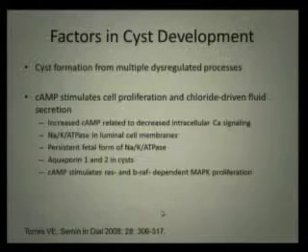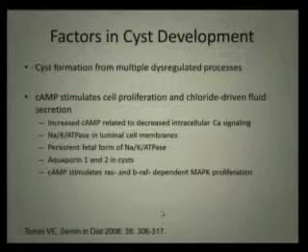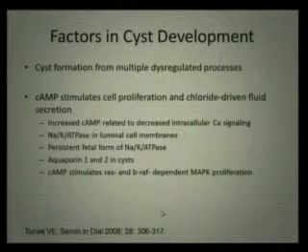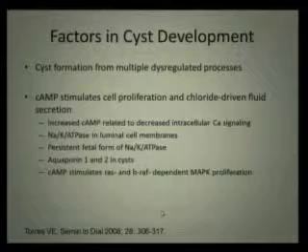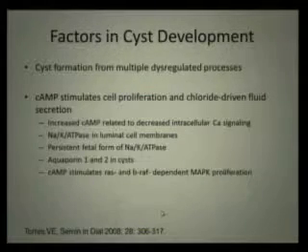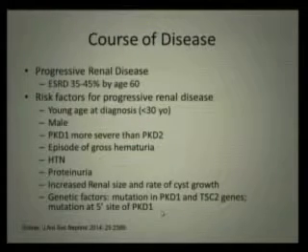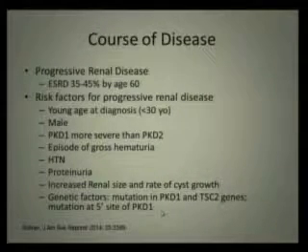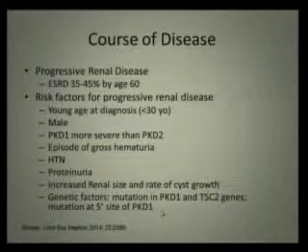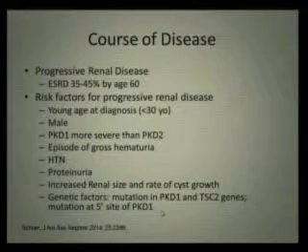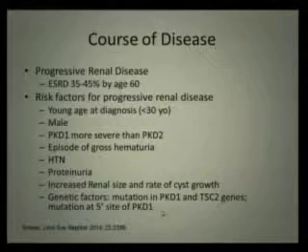So cyst formation comes from multiple dysregulated processes. You have the cAMP stimulating the cell proliferation and the chloride-driven fluid secretion. We talked about that. You have upregulated cell proliferation, activation of transcription factors that involve the mTOR complex. So the course of the disease, 35 to 45% will end up on end-stage renal disease by the age